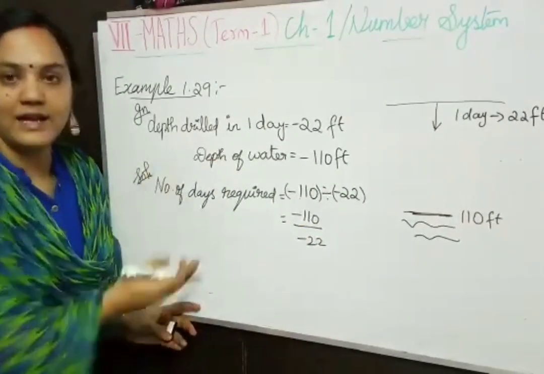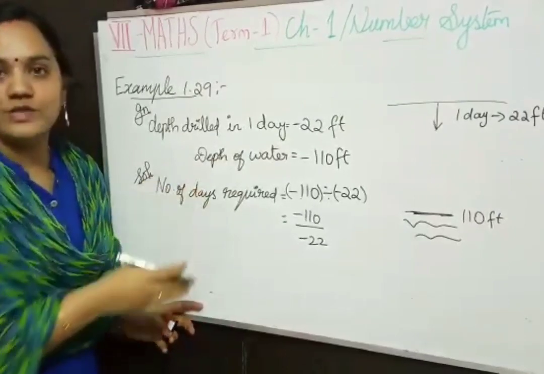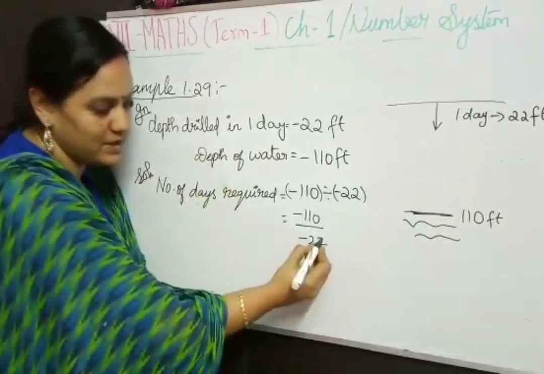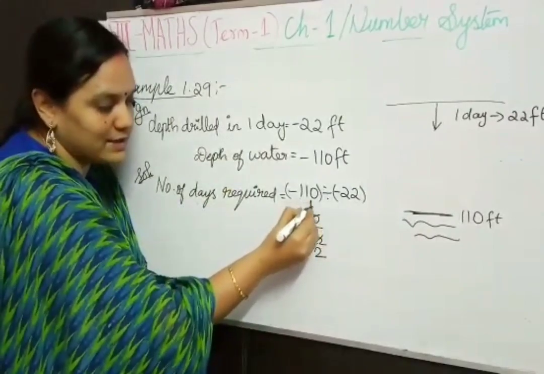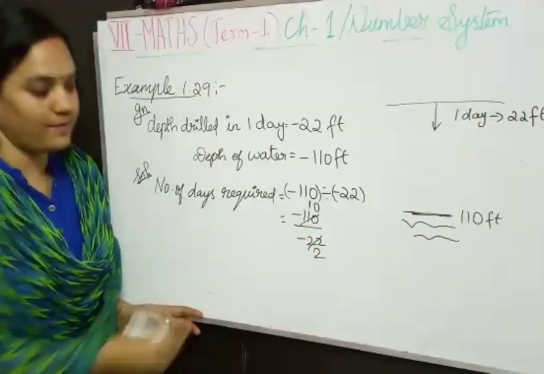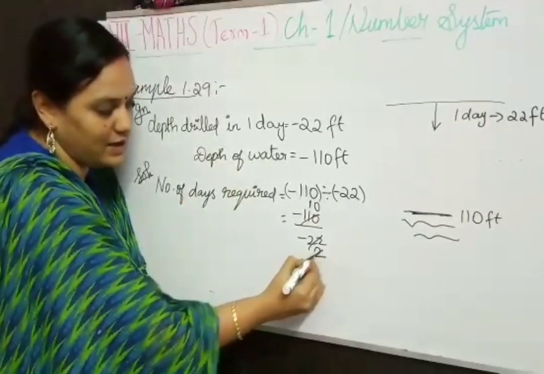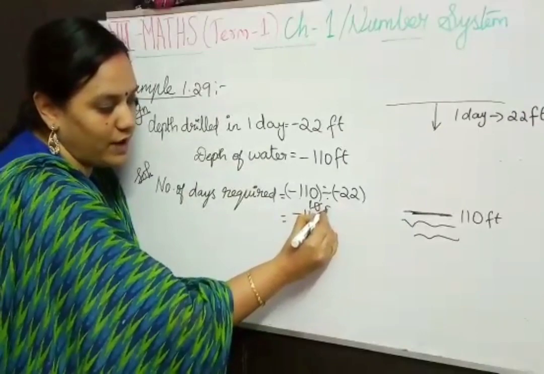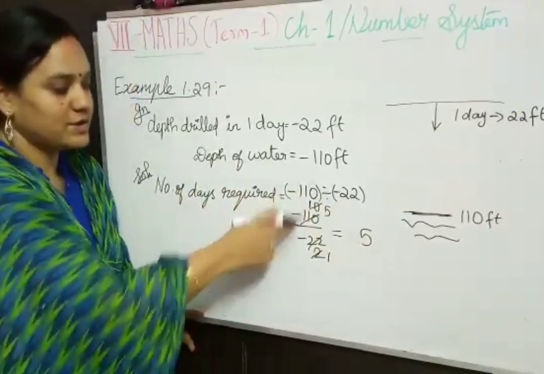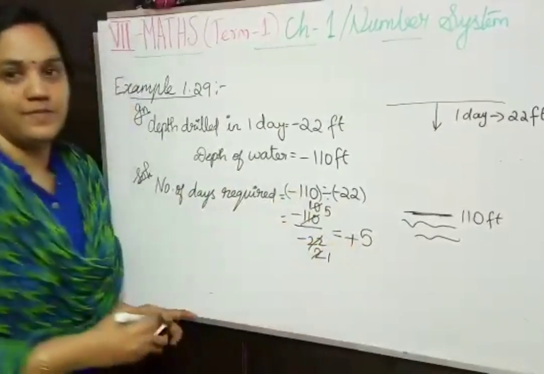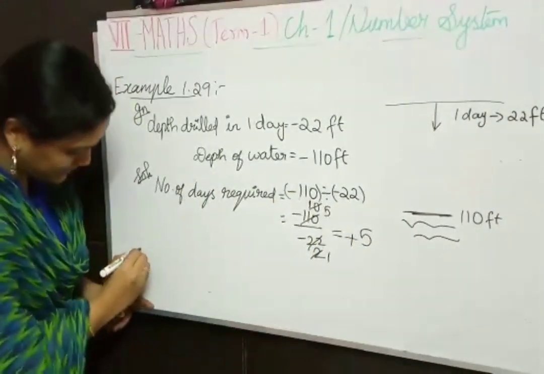Shall we cancel it? You know the 11 table, right? It is very easy. I am going to use the 11 table for these two numbers. 2 11s are 22, 1 11 is 11, and 0. Now again I can cancel. Both are even numbers, so we can cancel again. 1 2 is 2, 5 2s are 10. So my answer is 5, right? The same sign here, plus. So how many days do we need? We have to write the result.